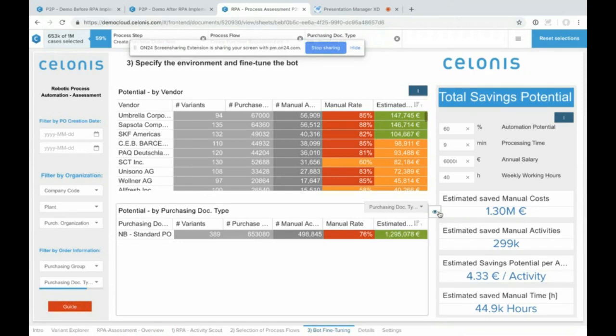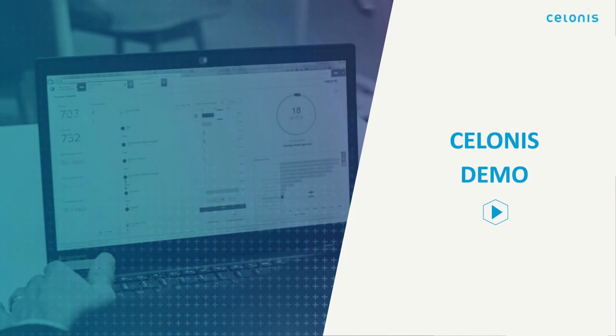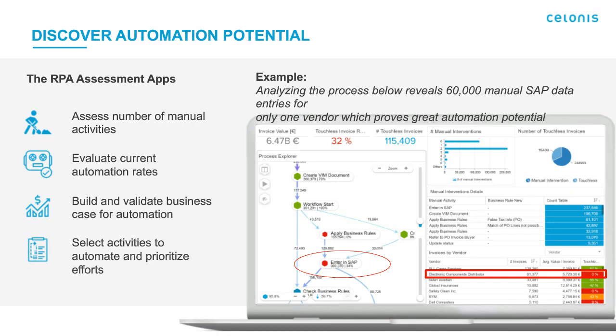So all of a sudden, from a universe of possible places to apply RPA technology, we've literally zeroed in on the single high-value RPA bot that we could create together, and in real time, built a business case for doing so. And that's precisely how this organization was able to look at the purchase-to-pay process and move that process from highly unautomated to highly automated and remove variation in that process. So let me shift back to the presentation and talk a little bit about how this all comes together,